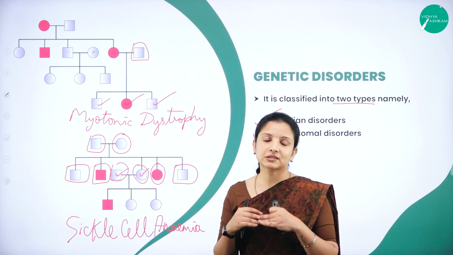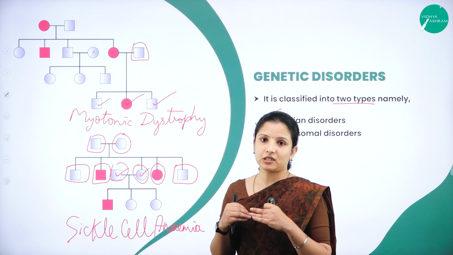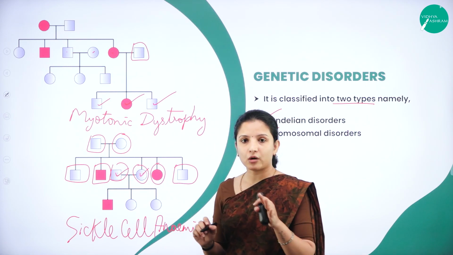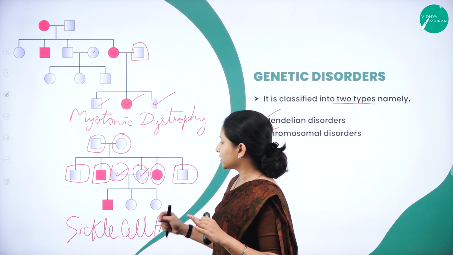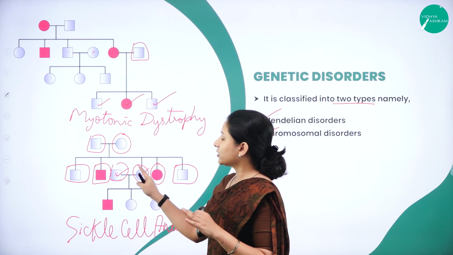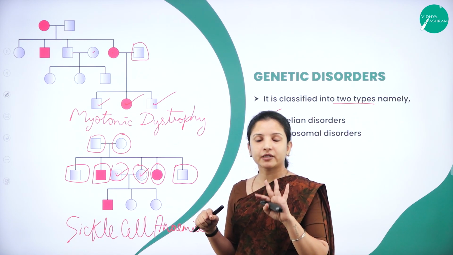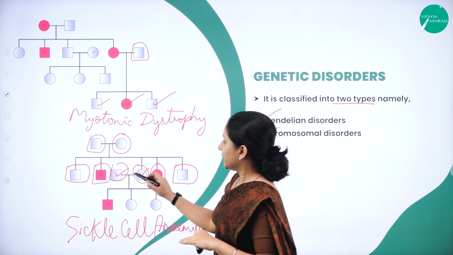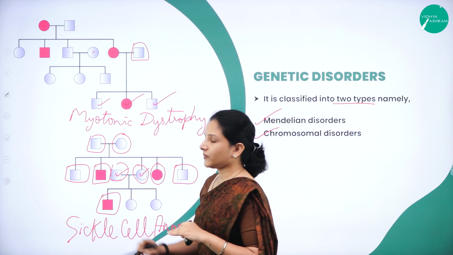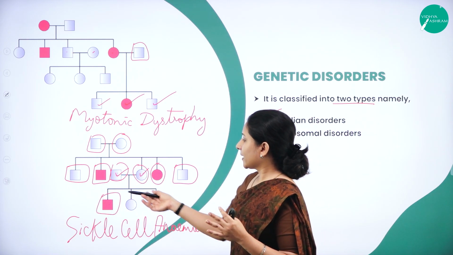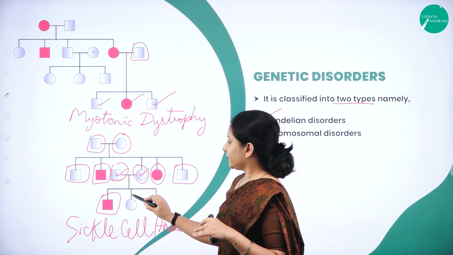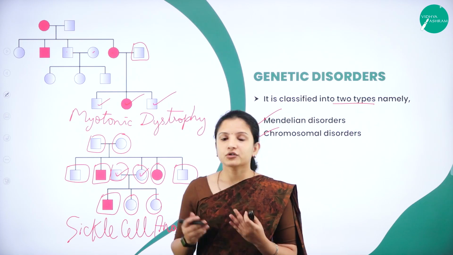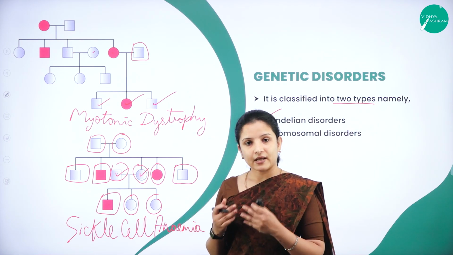The gene will remain silent. It will not express the particular disease. That is why, though they have the abnormal chromosome that is responsible for sickle cell anemia, they do not have any symptoms of sickle cell anemia, they do not have the disease. But in spite of them having the chromosome, it will be transferred to the progeny. So the male may have the disease, the female may not have the disease. This is how the chart is done using symbols. So this is about the pedigree analysis.